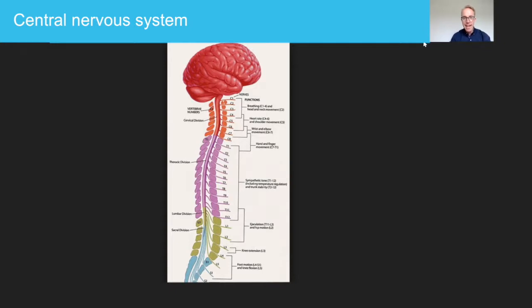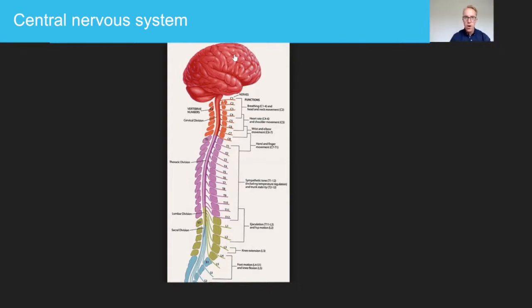Now, it is a highly technical division of the body, but we want to just talk very briefly about the different parts of it. Because if you have a patient who's developed some kind of damage to their central nervous system, it's always useful to be able to know what some of the signs and symptoms are, regardless of how complex the system is. So as we've said, the central nervous system, the CNS, is the brain and the spinal